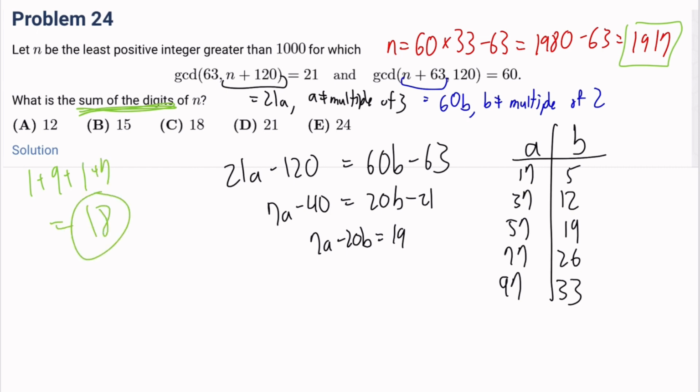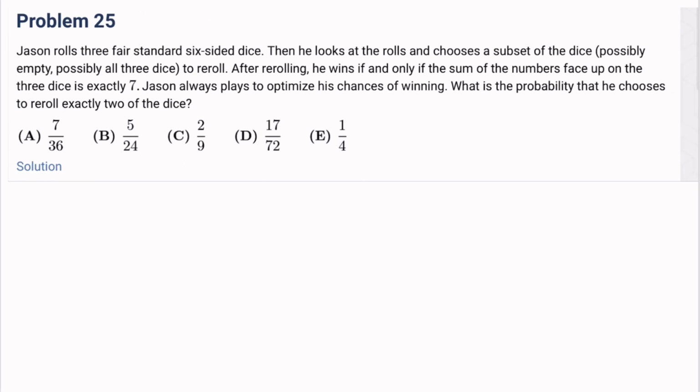It's C. Last problem, number 25. Jason rolls 3 fair standard 6-sided dice. Then he looks at the rolls and chooses a subset of the dice, possibly empty, possibly all 3 dice, to re-roll. After re-rolling, he wins if and only if the sum of the numbers face up on the 3 dice is exactly 7. Jason always plays to optimize his chances of winning. What is the probability that he chooses to re-roll exactly 2 of the dice? Right? Okay, so first of all,